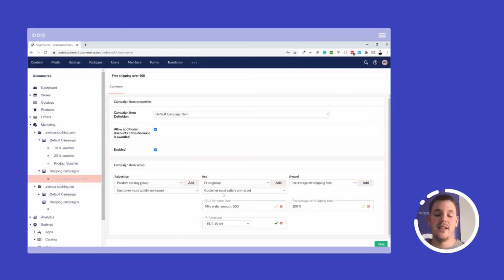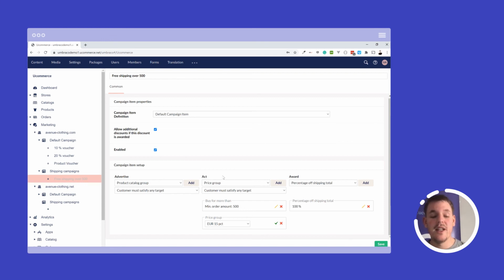UCommerce will automatically figure this out, which means that as a developer, you don't actually have to care whether Marketing Foundation is active or not, unless you, of course, are using the advertise part. But UCommerce will automatically sit underneath the surface and do its job just fine without you caring about it. You just add your products to your cart, and then UCommerce will figure out the rest.